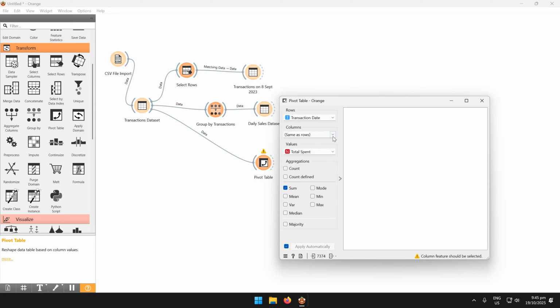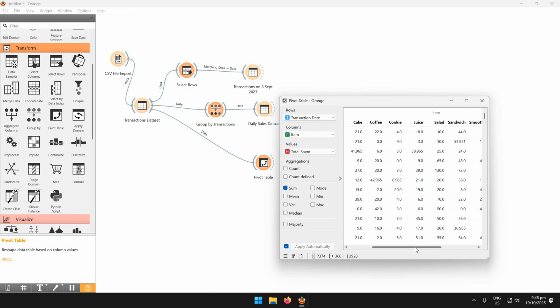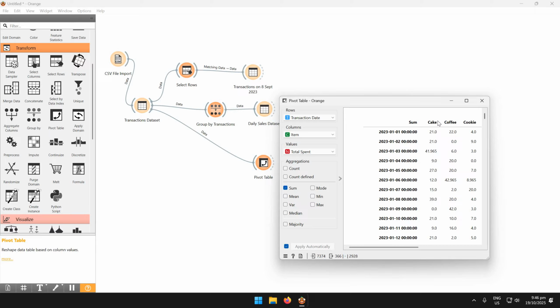And then for the columns, this is the interesting thing that pivot table does. I can, let's say, select item, for example. And as you see, it does a group by, but it also gives us columns based on the categories of a specific feature. So the values that we select right here, that will be the aggregation that we're going to get. We even select here the sum. So the way you would interpret this pivot table right here is that this 21 value right here is the total amount of transactions that are cake, for example. So if you look at January 1,